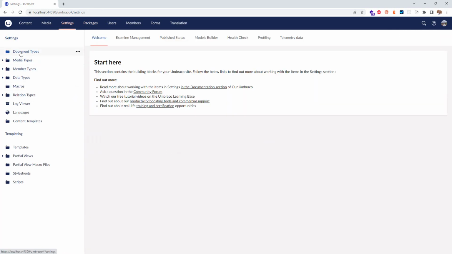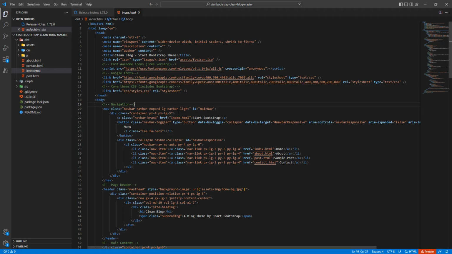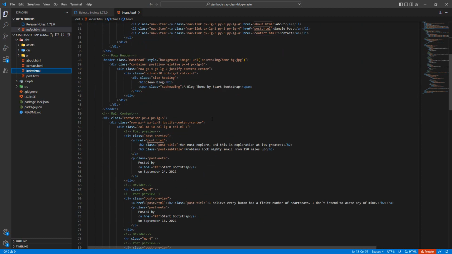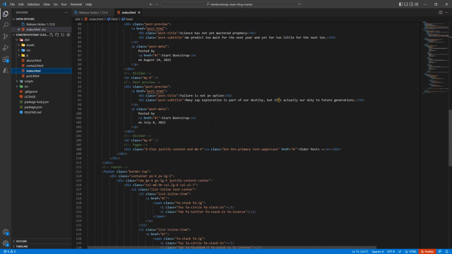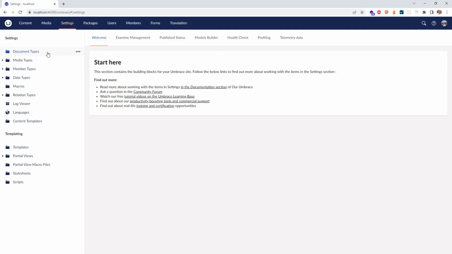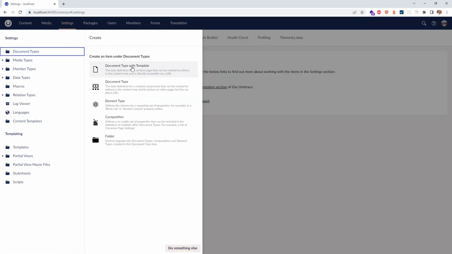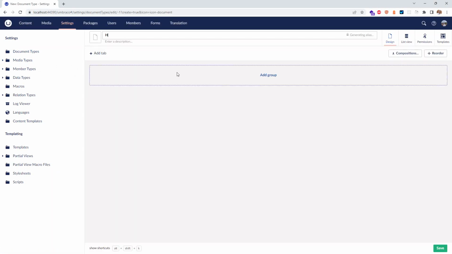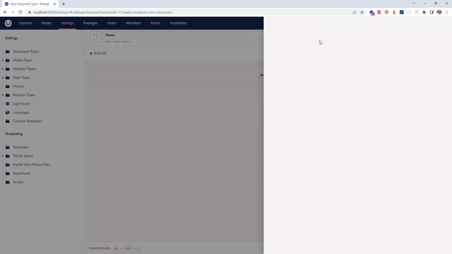So now, as I mentioned before, please take your time and understand what you need to create. It's not just creating a document type or data type for each page. No, we have to understand exactly what we need. So let's go back to our template and see what we have there, as we mentioned before. The important one for us is the index file. The index represents the home page here. So we can go straight back to Umbraco and click on document type. They said give me a document type with template. We'll call it home. We can give an icon if you want,